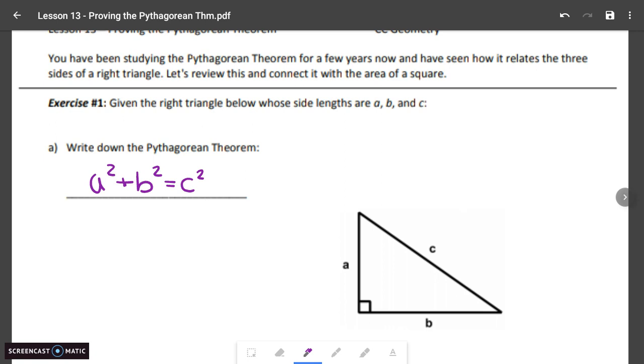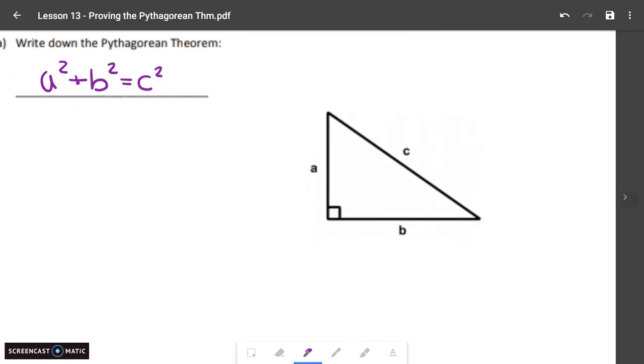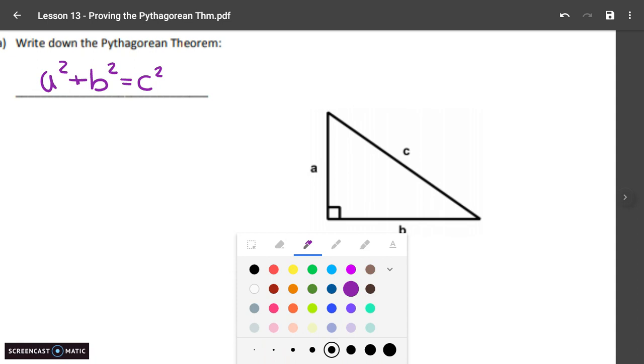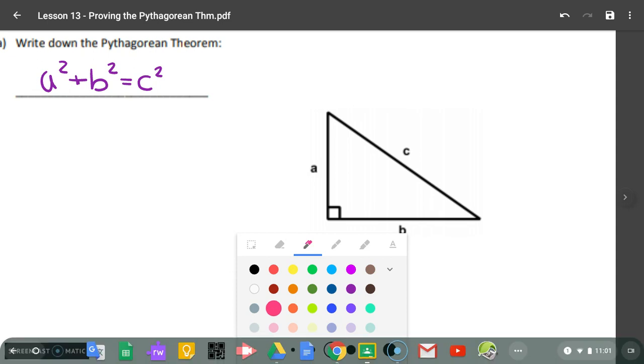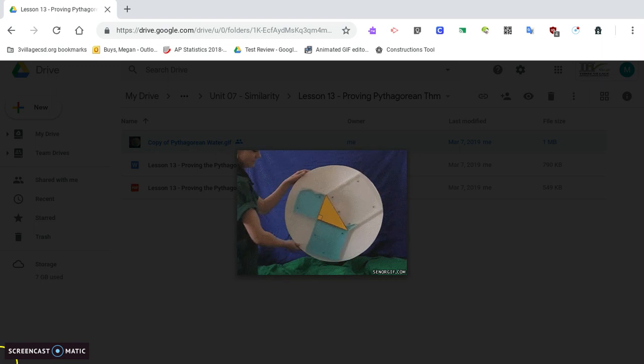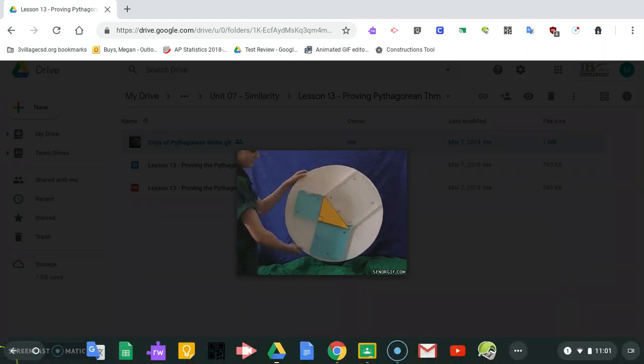using this. Now, you may recall that earlier this year, we looked at a picture and kind of introduced the Pythagorean theorem by playing around with different squares. The reason for that was because if we always look at the squares formed by the two smaller sides, they always add up to the same amount of the largest square from the largest side, the hypotenuse. So we can see that in this picture here in this GIF, but we're going to draw that on our